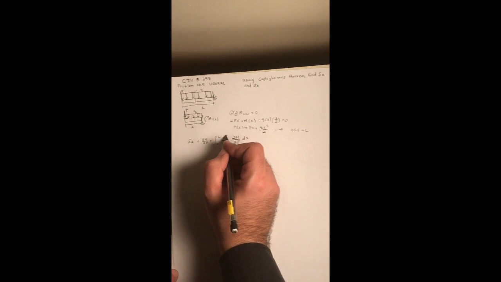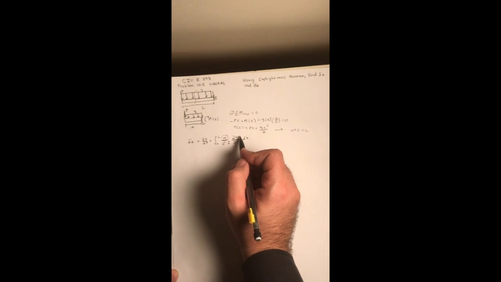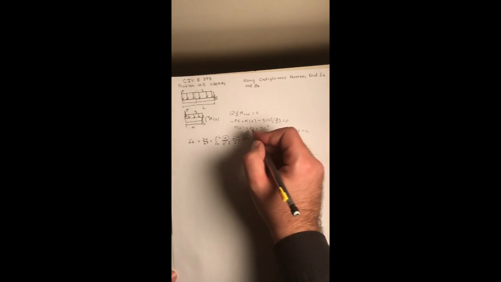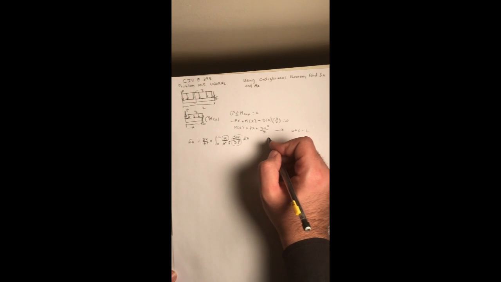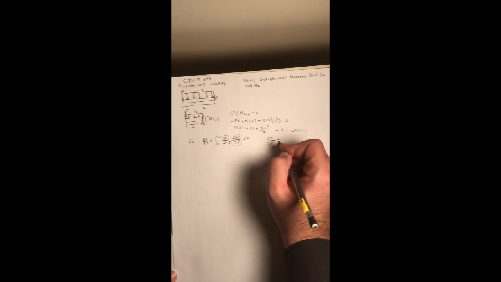So we know this. This we can easily get by differentiating M of x with respect to P, and we can get dM/dP is equal to